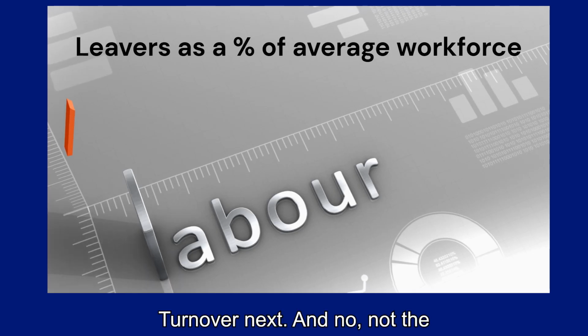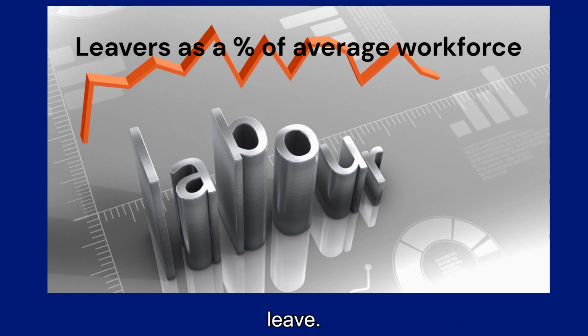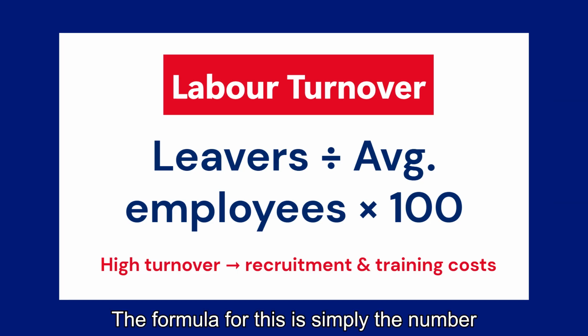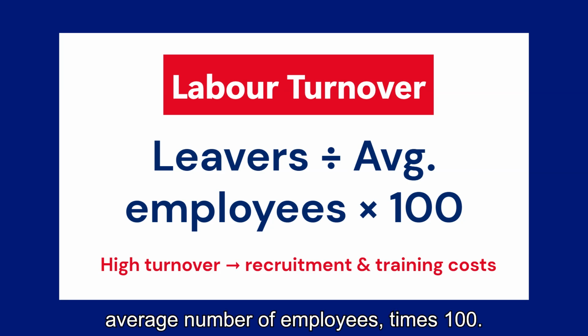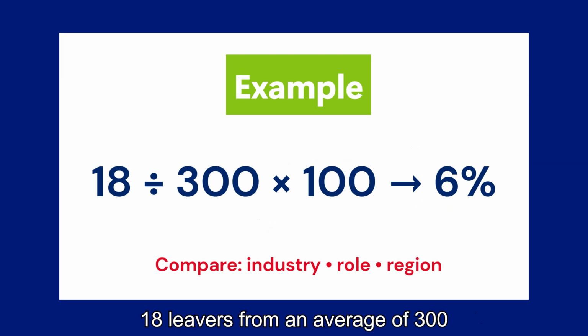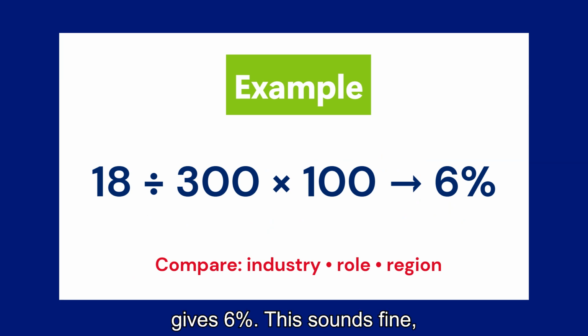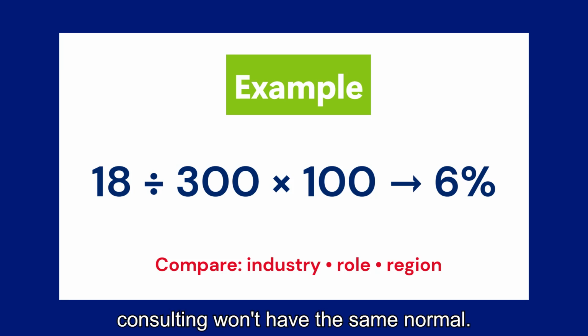Turnover next. And no, not the pastry kind. This is how many people leave. The formula for this is simply the number of staff leavers in a period over the average number of employees, times 100. 18 leavers from an average of 300 gives 6%. This sounds fine, but compare to others in the same industry, because call centers and consulting won't have the same